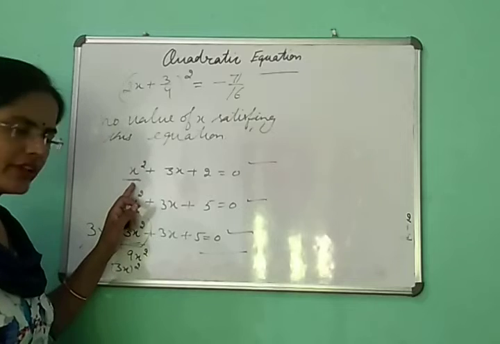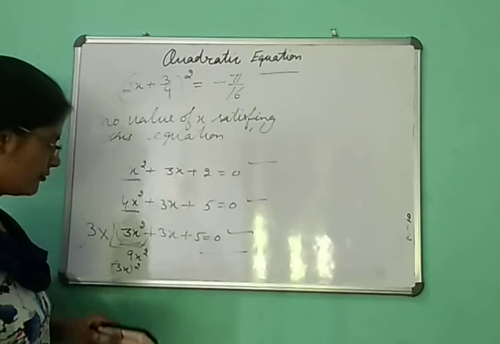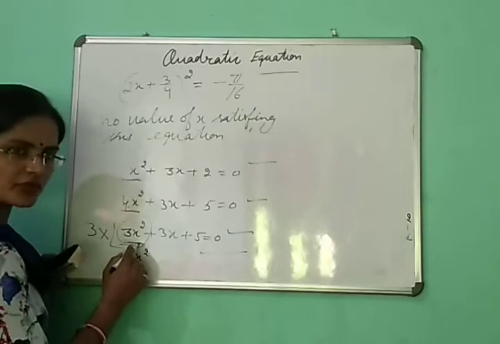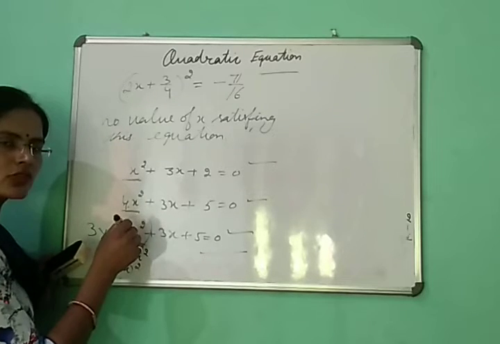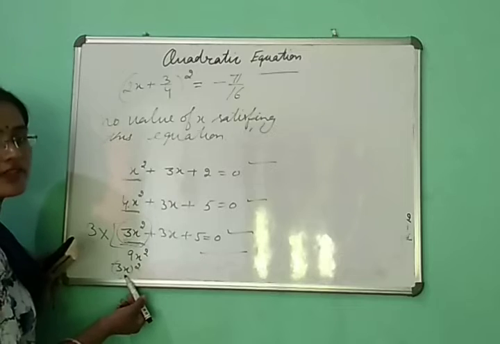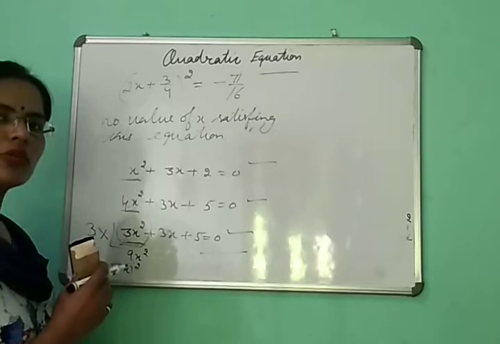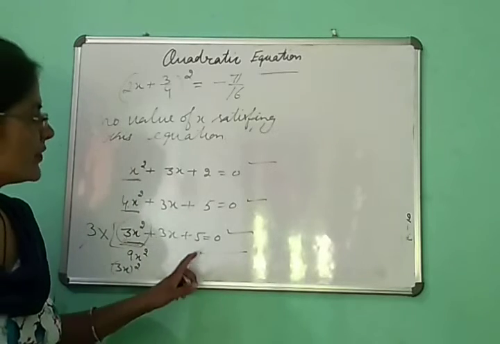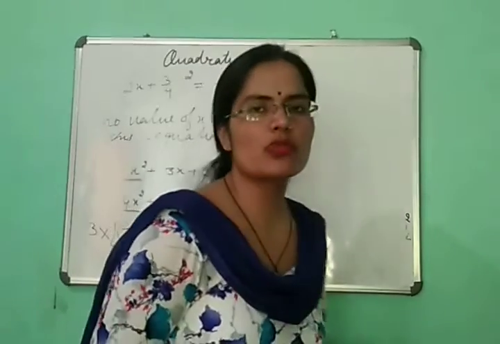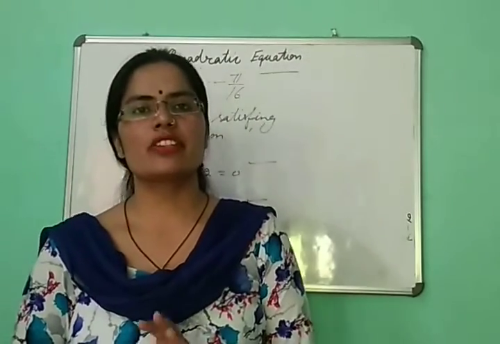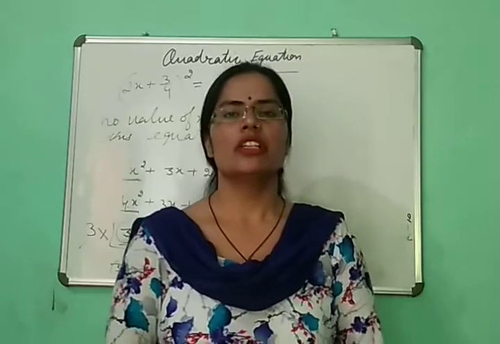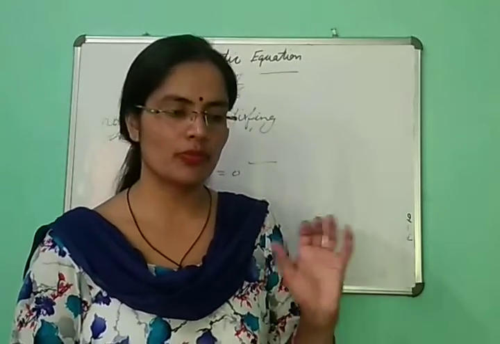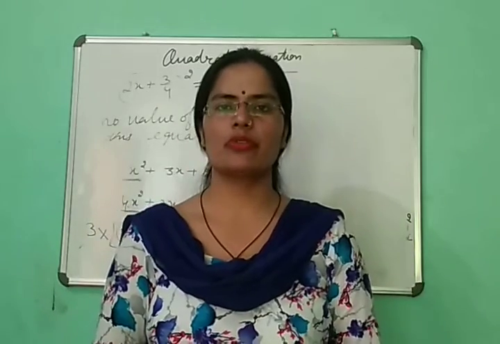If this is already in this form, then it's okay. If this term is not in the form of a whole square, multiply it with the same number again, so that we can write this term in whole square form. So in this way, we can solve so many questions in which we have to find the solution of a quadratic equation. These two are the methods from which we can find the solution of our quadratic equation.